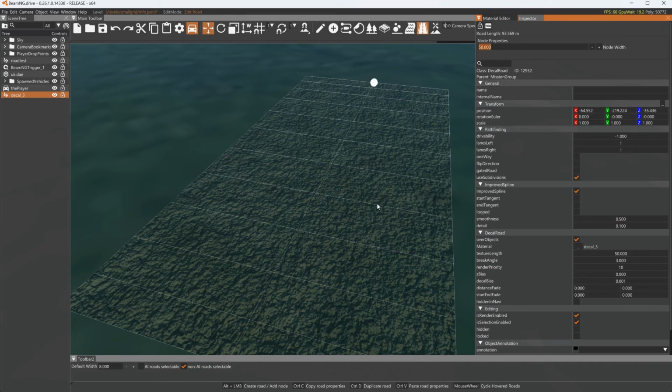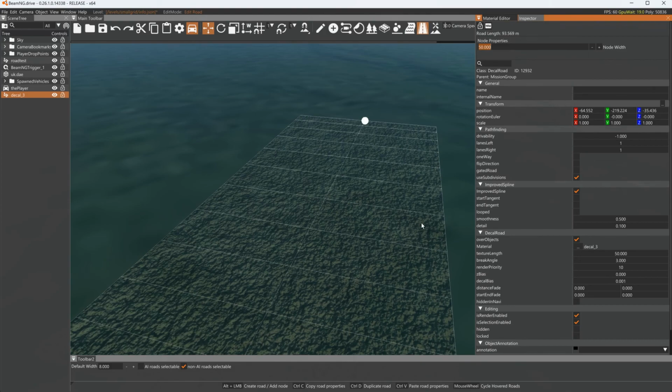At least with these, because these were 1-to-1 square textures. These aren't like a 4-to-1 ratio, so that works. I think that's it. Like I said, just unzip the folder and put the folder in your level's art folder, and then when you make a decal in that level, you'll have decal 1, 2, 3 that you want to, if you want to